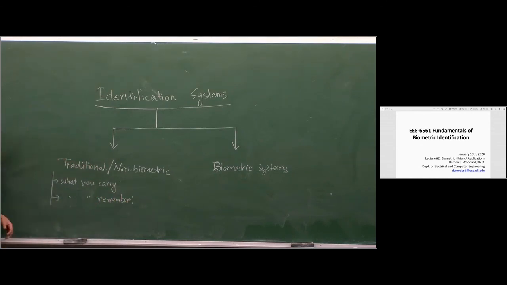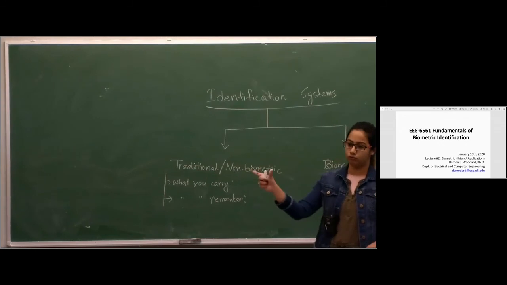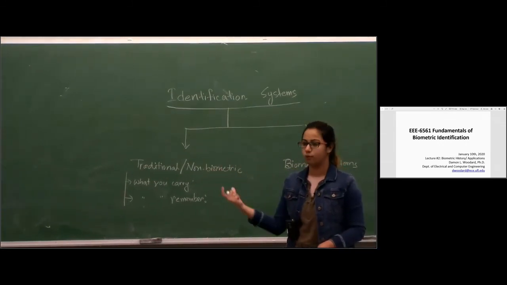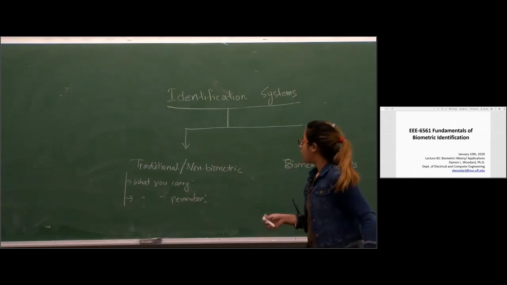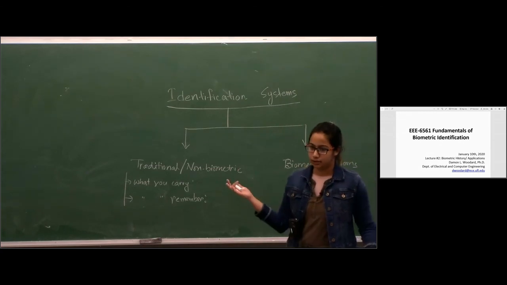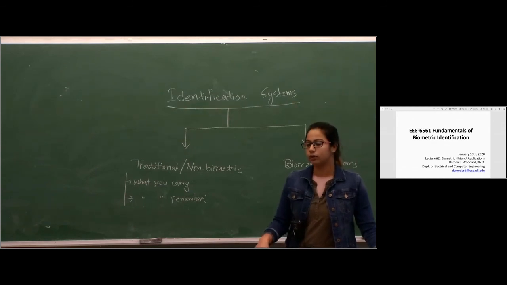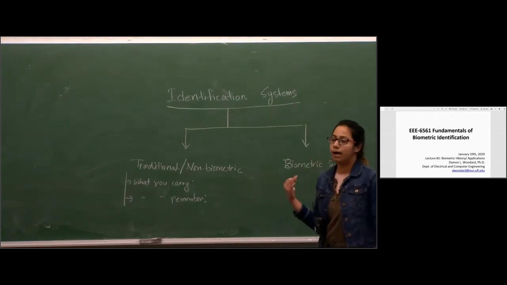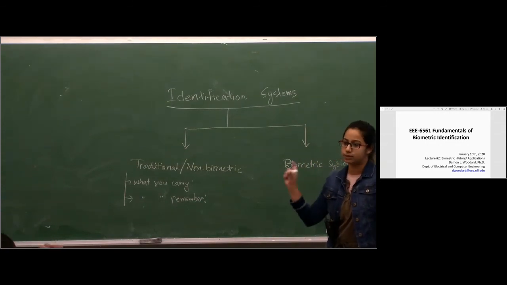For example, your passport, your Gator 1 card, this can be called something you carry, like it's a physical card, a token which you have with you, so that when needed you can just show that, hey, my name is this and this is the proof that I am this person. You just show your passport or your Gator 1 card. That's how you are getting access in so many things. Or something you remember, like the example I just told you about logging in to Canvas, where you type your UFID, your username, and then the system allows you to use it. So the UFID is something you are remembering, you are memorizing the digits, right?